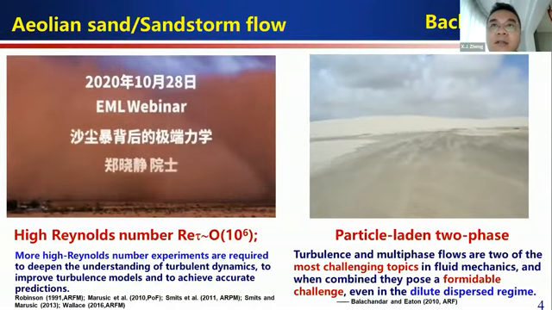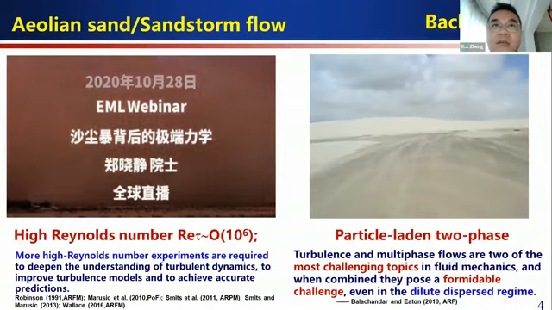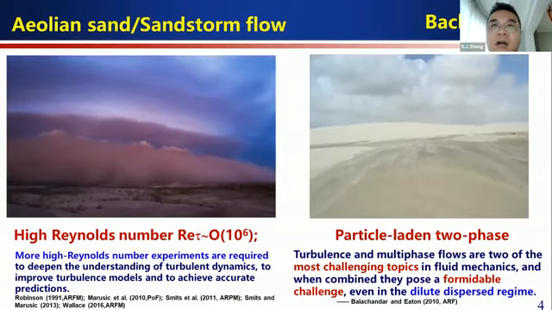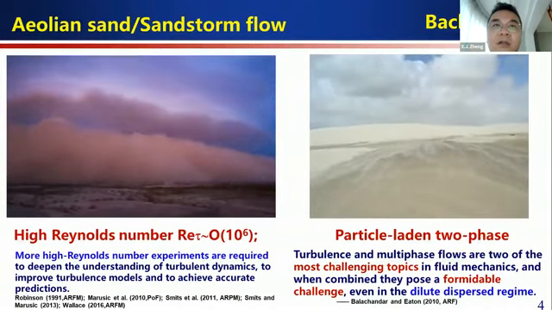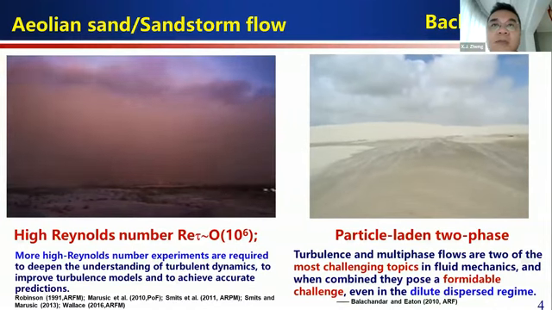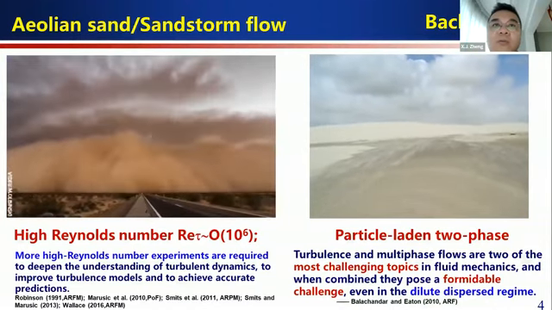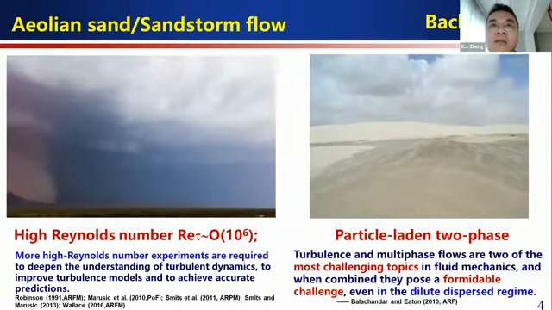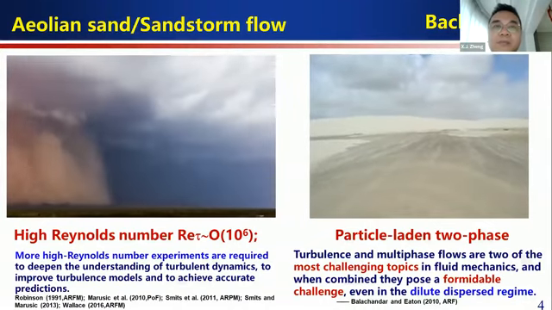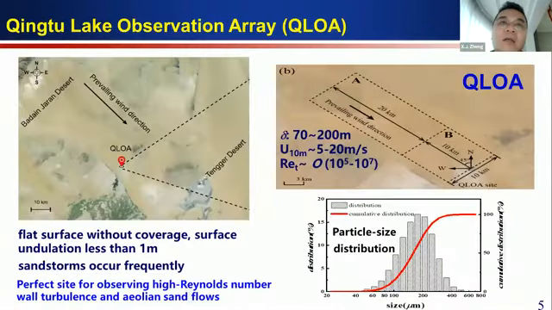As Balachandar and Eaton summarized, turbulence and multi-phase flow are two of the most challenging topics in fluid mechanics, and when combined, they pose a formidable challenge, even in the dilute dispersed region. In order to study high Reynolds number particle turbulent flow in the ASL, we set up a field observation facility named the Qingtu Lake Observation Array,